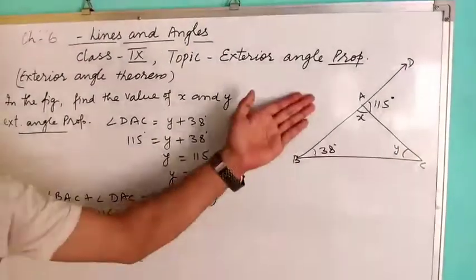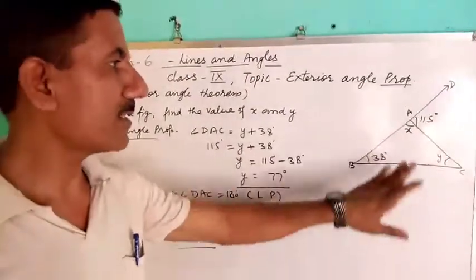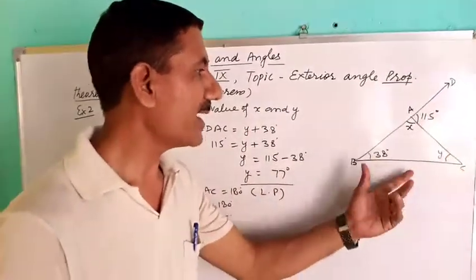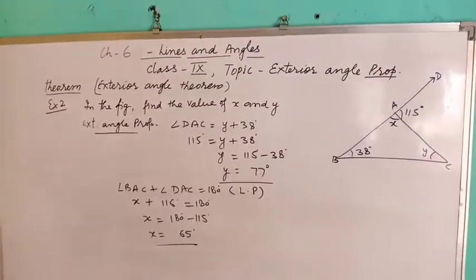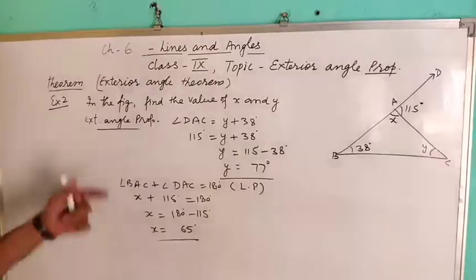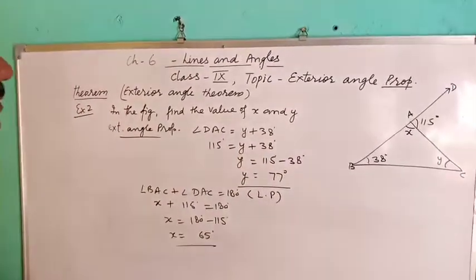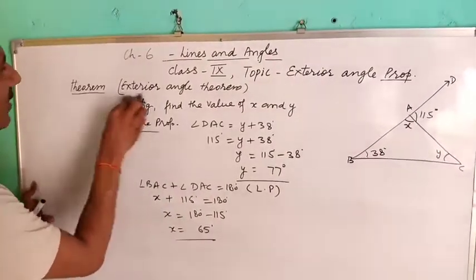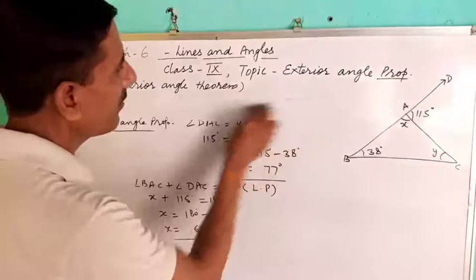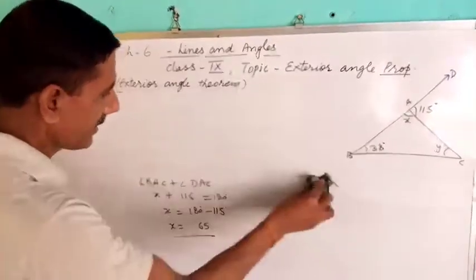So students, we have seen the property and situation of the triangles and angles, and in which case we use the linear pair, which case the exterior angle property will be used, and the angle sum property, according to the condition. Let's take one more example which is very important and belongs to NCERT books.